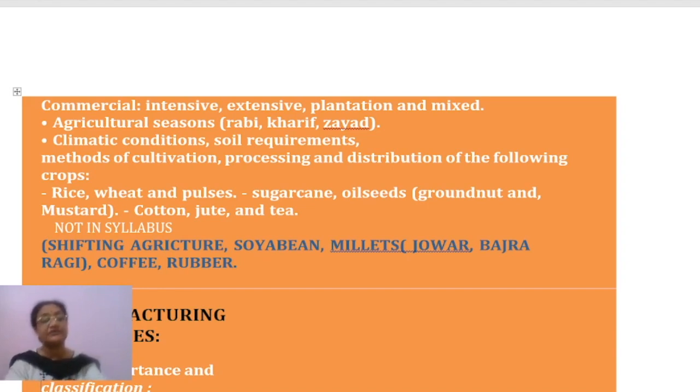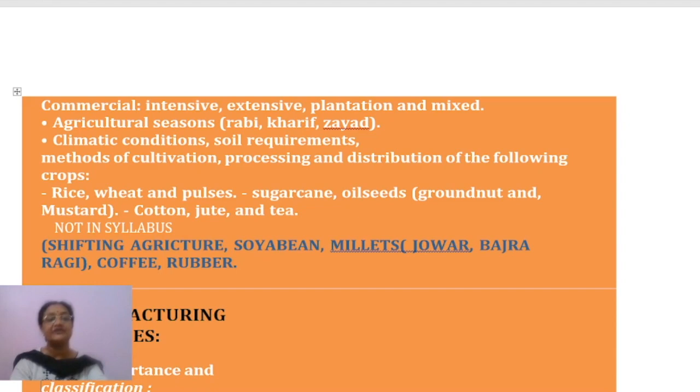Now come to the next topic under this chapter, agricultural seasons. All this you have to study. Okay, Rabi, Kharif and Zaid, the 3 seasons, what crops are grown during these 3 seasons, and what is the duration, all these are important parts of it. Clear? Then come to the next topic under this, that is the climatic conditions and soil